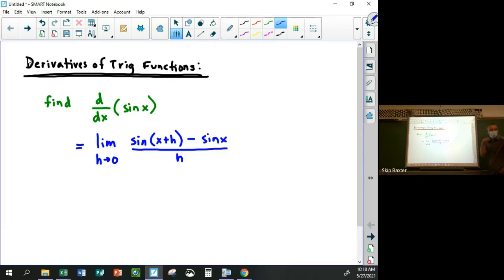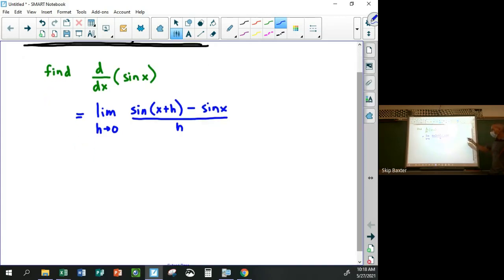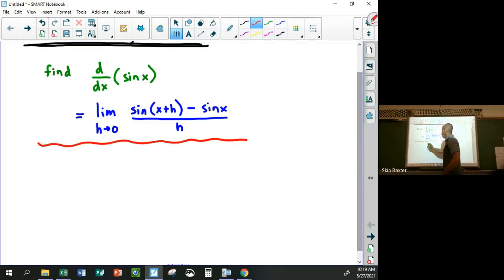We have these shortcuts for powers and stuff like that, but in general, they're all derived from this little formula right here. So if we wanted to figure out how to simplify this to get something a little bit nicer, let's do a little trip back in time. So remember,